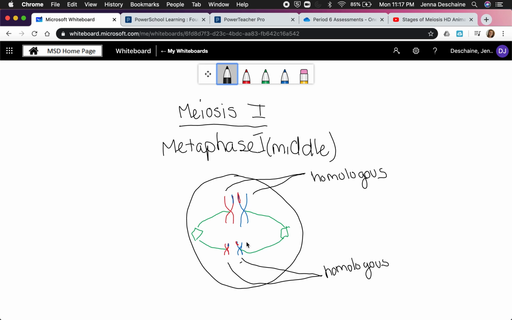Okay? And that's because they look very similar to one another, okay? So I have a big chromosome right here, and then I also have a big chromosome right here. So even though they're not exactly identical, they have very similar structures, which makes them homologous. And same with these guys down here. These are smaller, so they're going to pair up together, and then the bigger ones are going to pair up together like that, okay? And that brings us to